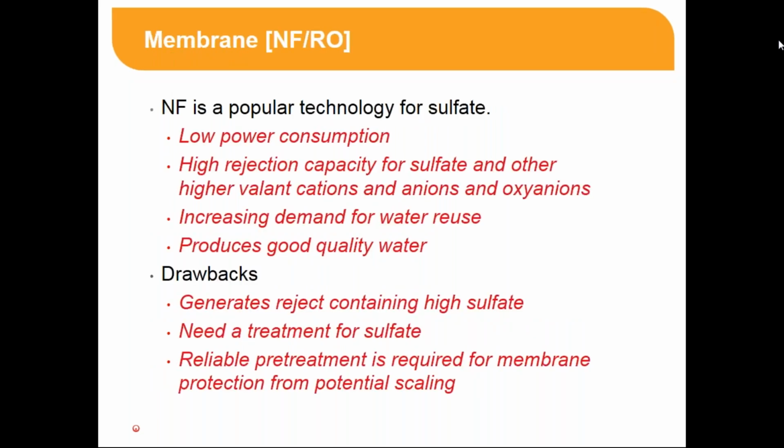The next process is membrane technology. The membrane technology is mainly either nanofiltration or reverse osmosis. What is the difference between nanofiltration and reverse osmosis? In general terms, nanofiltration is a less tight membrane compared to an RO process. The advantage of nanofiltration is it removes mostly the divalent, trivalent cations, anions, also oxyanions,